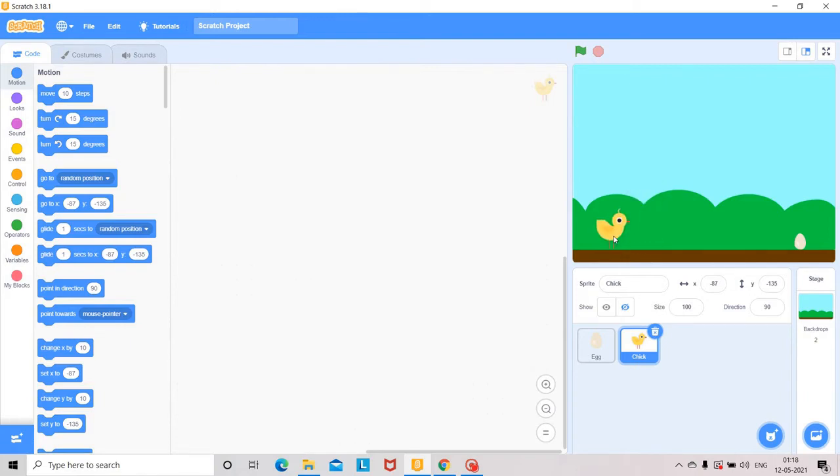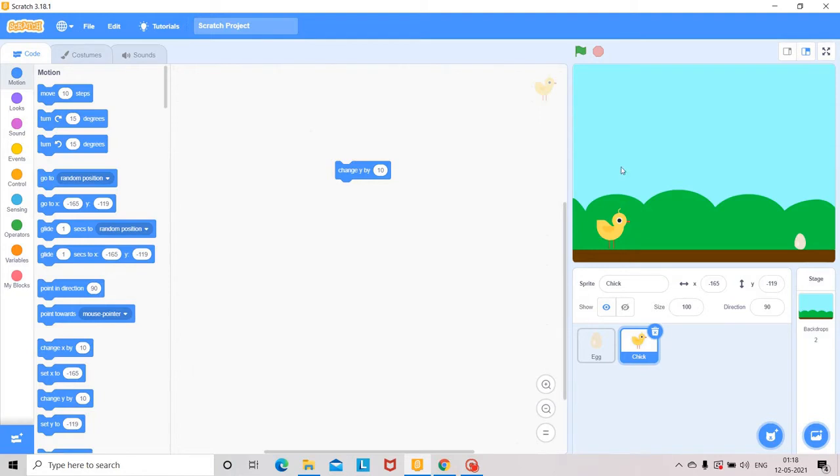In the first coding, you have to give the code so that the chick moves 10 steps upward and 10 steps downward. You go to the motion coding area and select this one, change y by 10. The y value changes by 10 because it is moving up.